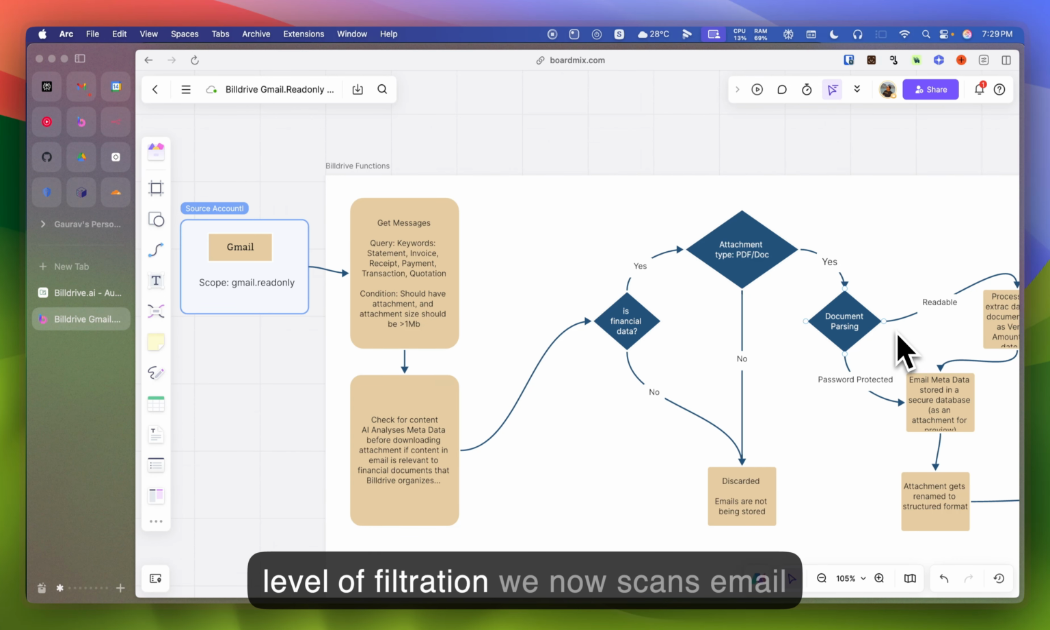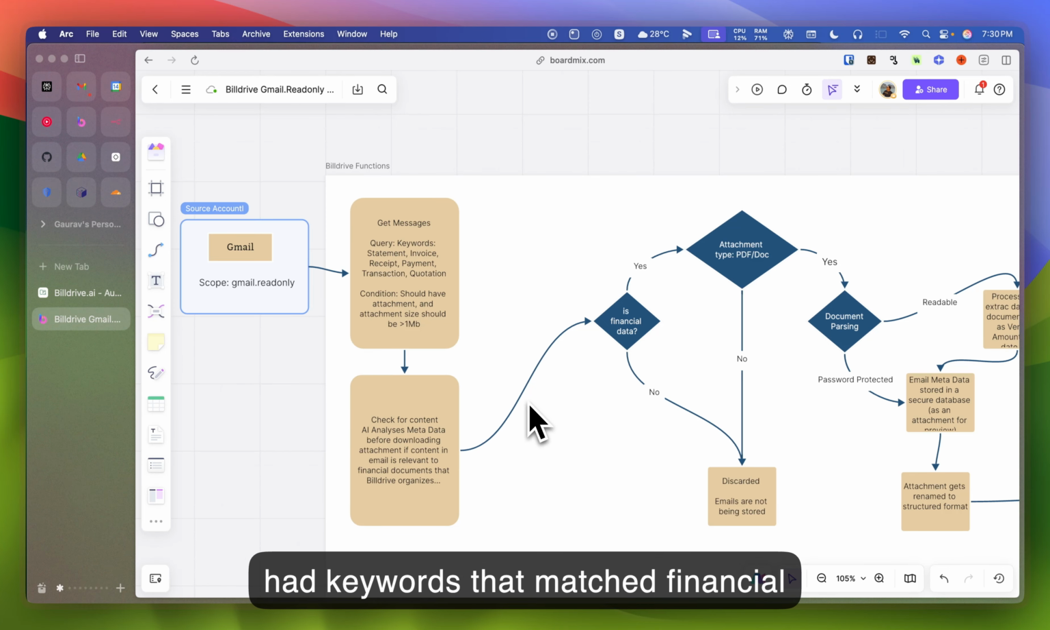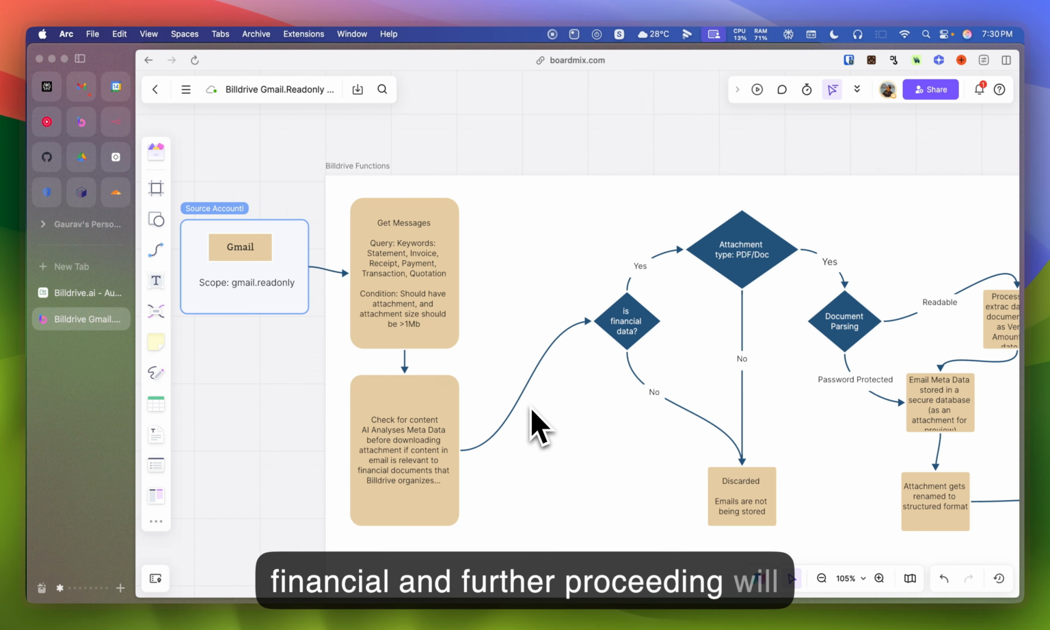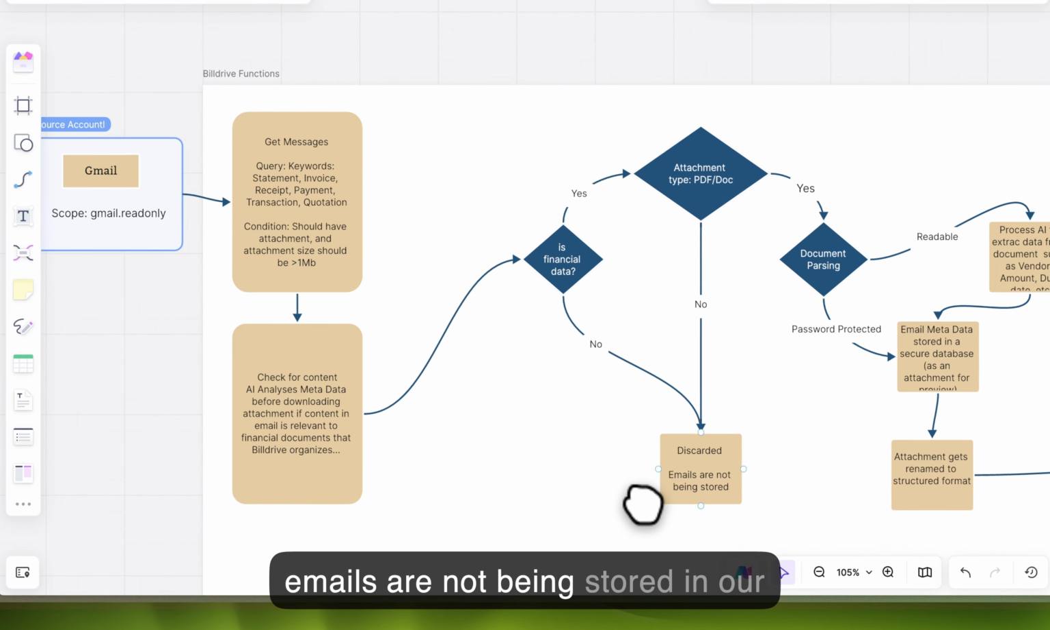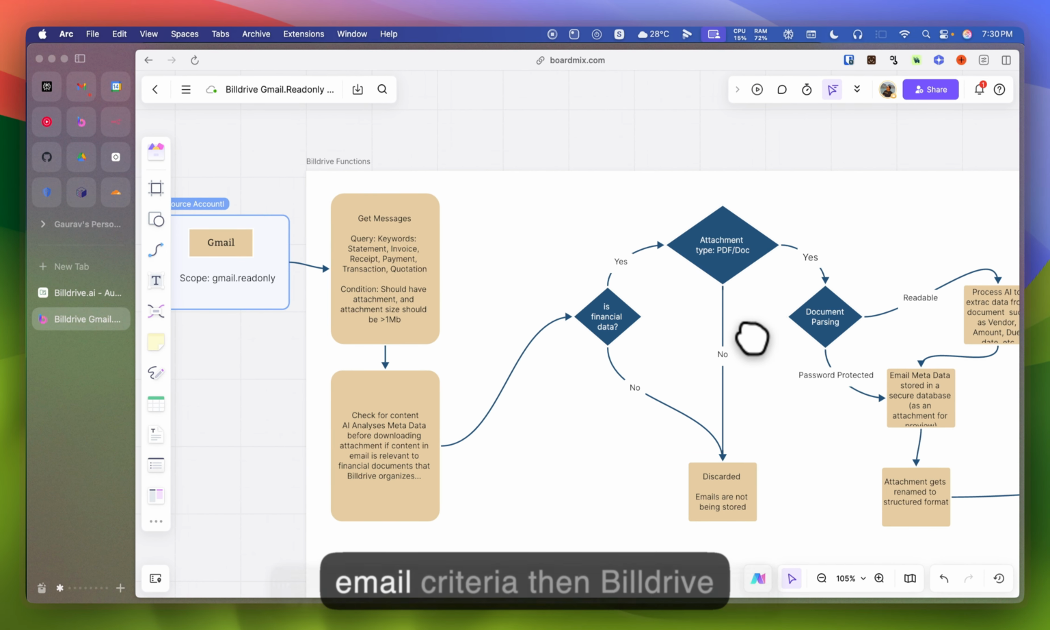With the first level of filtration, we now scan email metadata to further verify if the email context is relevant to Billdrive's service. Let's assume we received a bunch of emails and some of them had keywords that matched financial emails but was a newsletter. Then the system will mark it as non-financial and further processing will be stopped and the email will be discarded. Such discarded emails are not stored in our system. If an email matches the financial email criteria, then Billdrive downloads the attachment